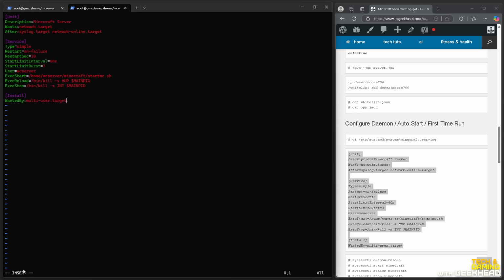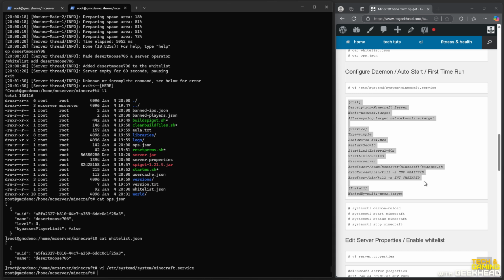I went ahead and put insert mode in before I pasted it, just so you didn't, I don't know if you noticed that. And then also the ExecStart, you can see it's that start-mc shell script, which is that bash script that we wrote earlier on. And I'm just going to go ahead and right click for this. So now we've got